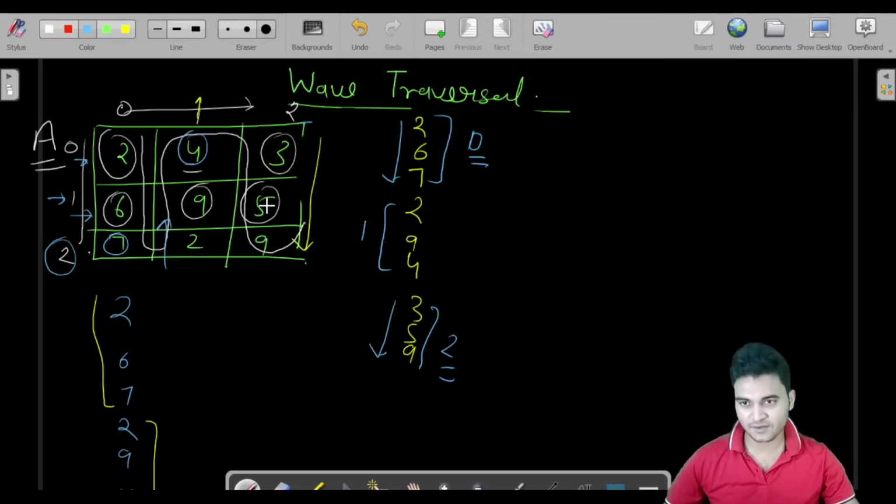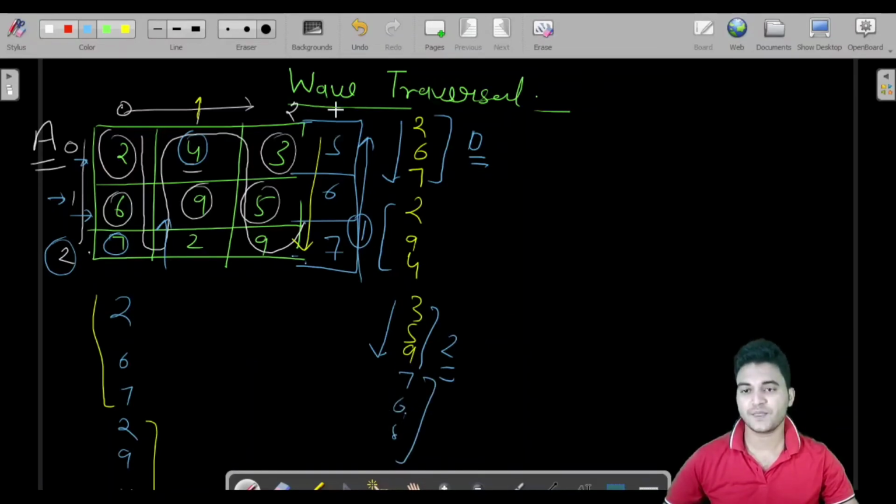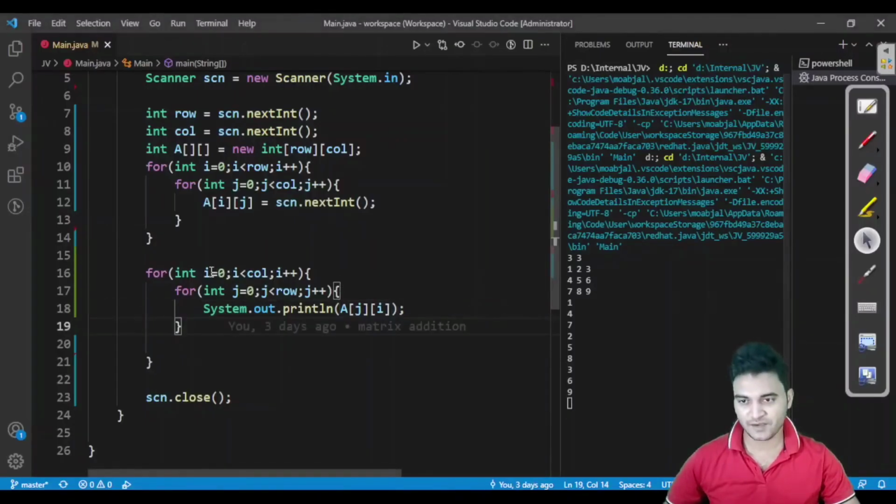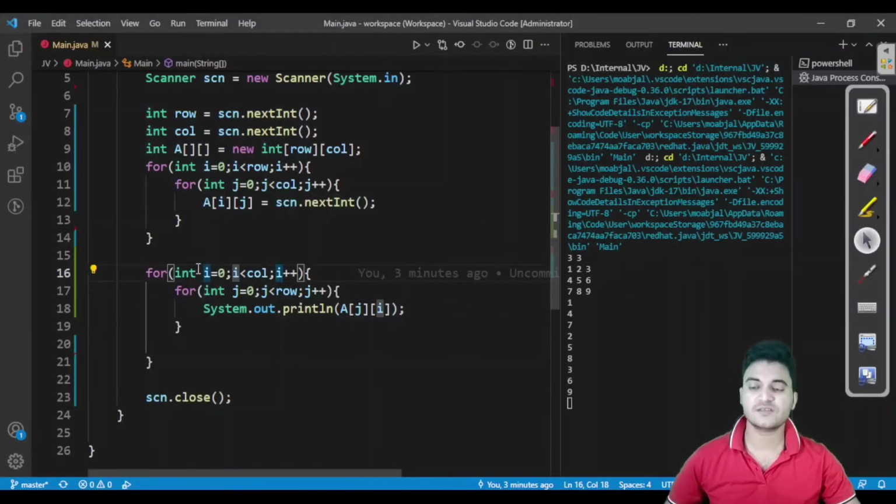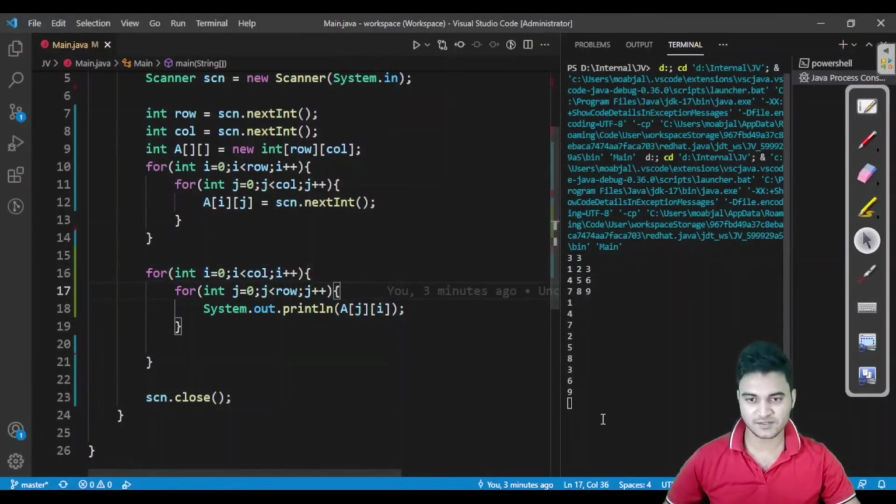And when we have our column as odd, you can say 1 is odd, so we are printing in reverse order, which is 294, 294. Let us suppose if we have one more column, 5, 6, 7. So here what we have done is we have to print this way. So 765, 765. So the column for this would be 3, which is an odd number. So for odd we have to print in reverse order. So that is the only thing which we have to take care about. If this is the column now, if this is odd, then we have to print in reverse order. If this is even, then we have to print in any order.